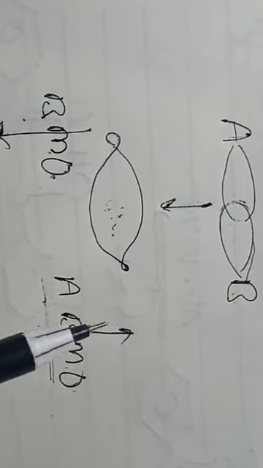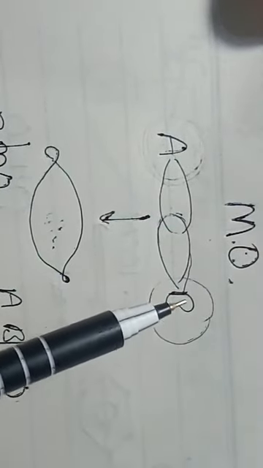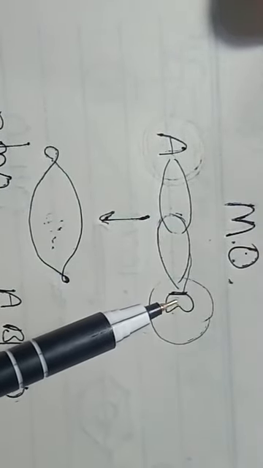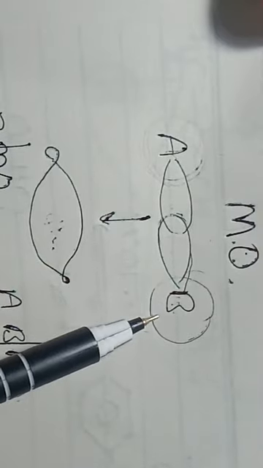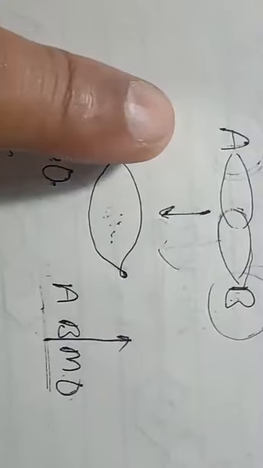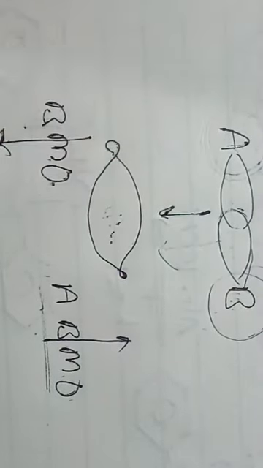Okay students, the next point of this theory, which is the most important, is that all atomic orbitals of an atom can be overlapped with atomic orbitals of comparable energy of another atom and form molecular orbitals. So this is the most important thing, that all atomic orbitals of the atom are going to take part in molecular orbital formation.